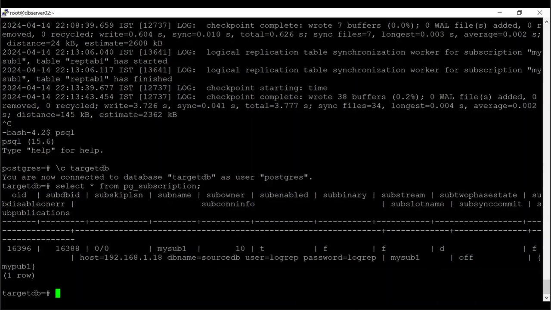For example, if you have some conflicts, maybe your data conflicts, we have an option called alter subscription skip, with disable on error equal to true, right? We have an option on the subscription side. That feature we have in the 15 version, right? So for this, what I can do,